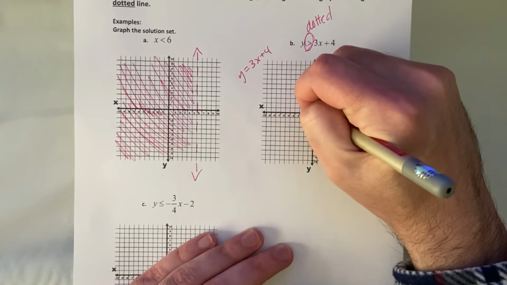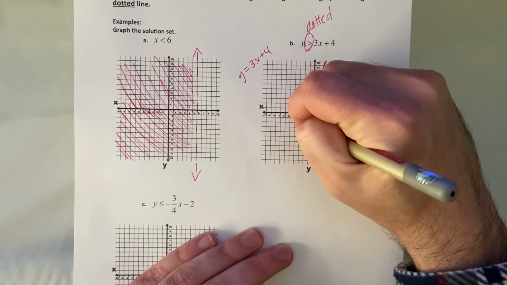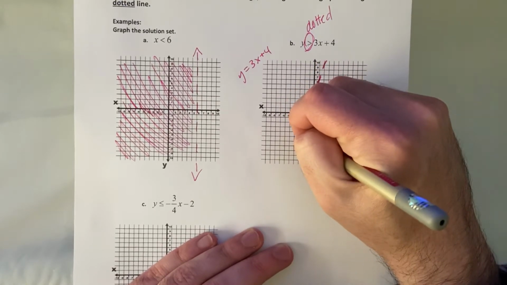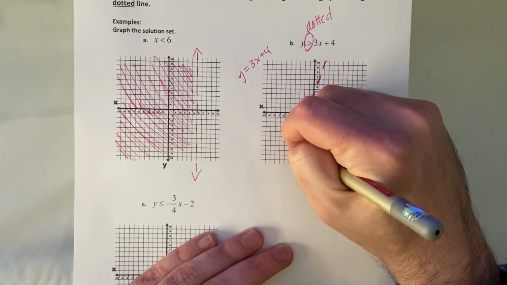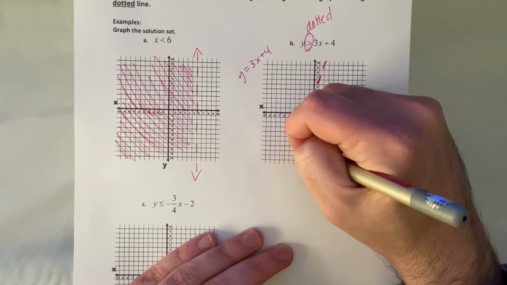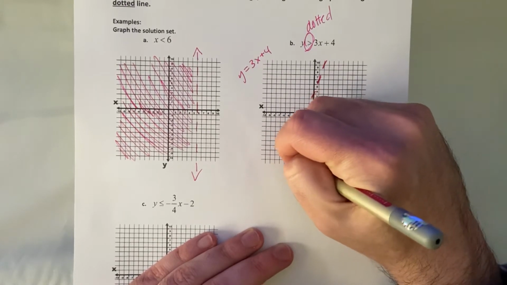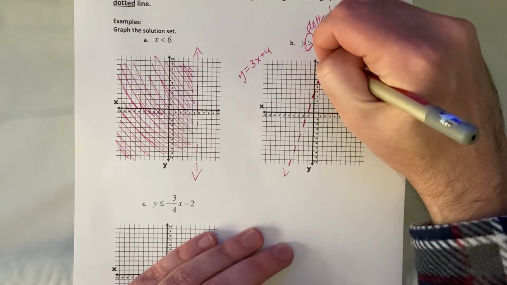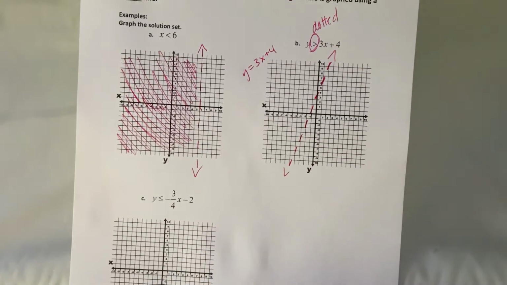1, 2, 3. It's not perfect, but it does work to create the line. Now it says y is greater than that, but if you like to plug in points, greater